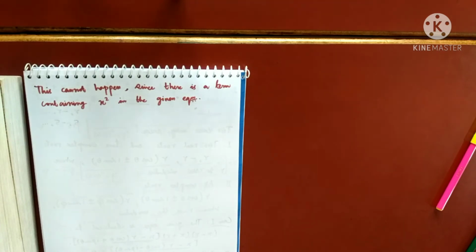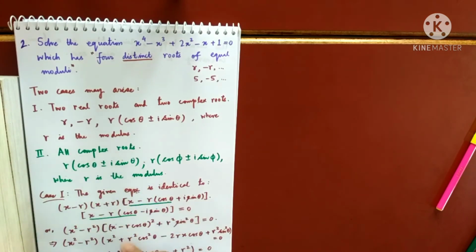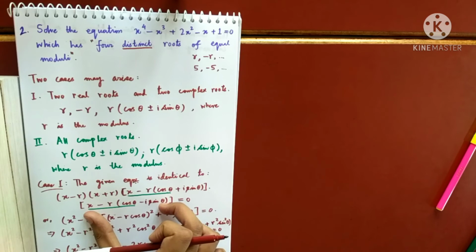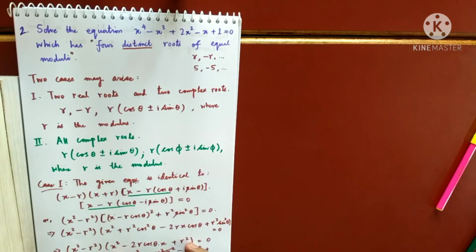Now you see one more thing. Now you look, how did I simplify this and this? The simplification was like this and this. Now I'll simply write this as this one. So when the roots are complex, of this form, the quadratic factor will be this into this. After simplification, it will be simply x square minus 2r cos theta x plus r square. So remember that. Now I will do it directly. Okay, instead of writing this, let's do it directly.